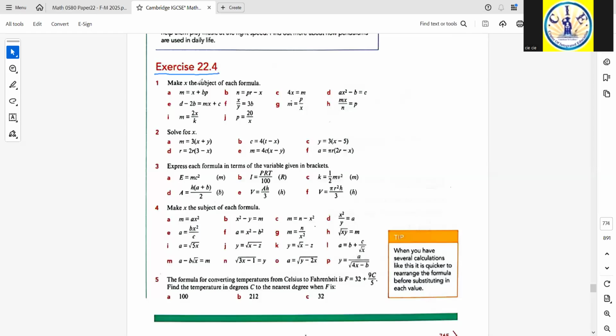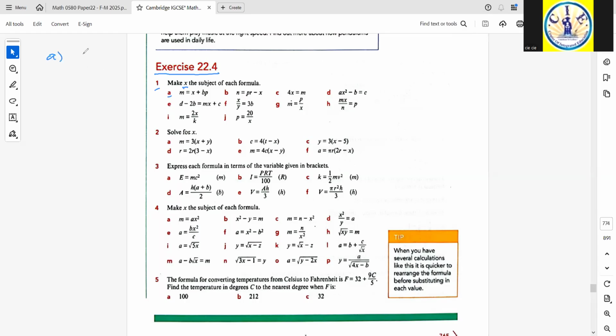Exercise 22.4. Question number 1. Make X the subject of each formula. Making a particular variable the subject means to write it down on the left side of the equality with coefficient 1, while all the other variables are written on the right side of the equality. So in part A, when we need to make X the subject,